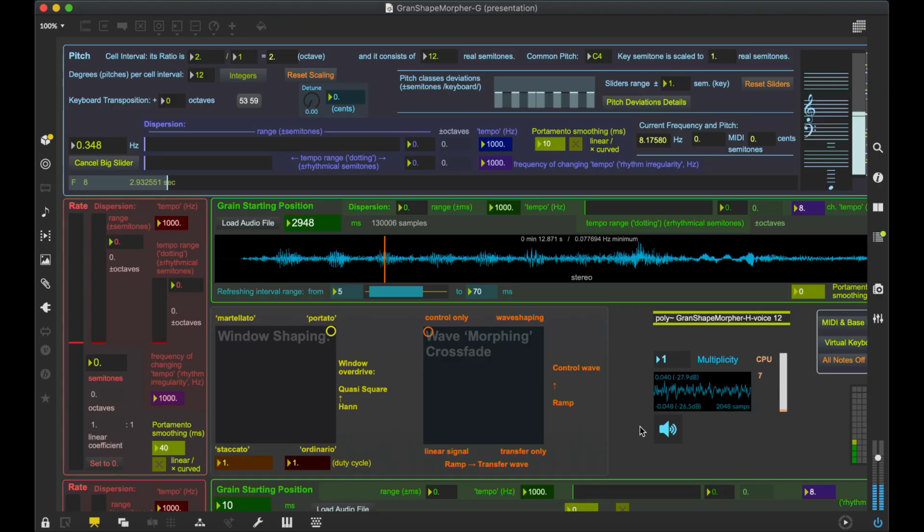Hello, my name is Nikolaï Khrust and I would like to introduce my new synthesizer project GranShaper. There are a lot of granulators in the world, but what's the difference between just granulating and synthesis? In our opinion, synthesis starts when we can no longer hear the source sound.